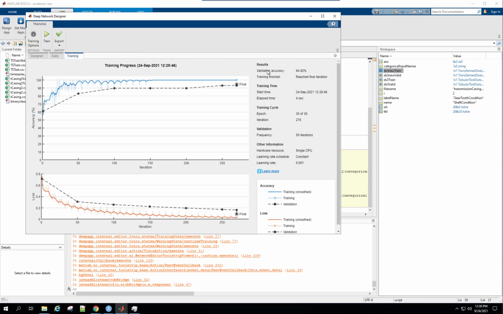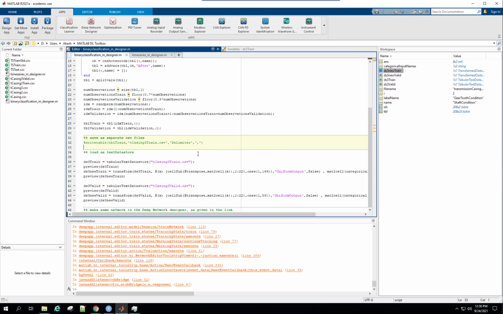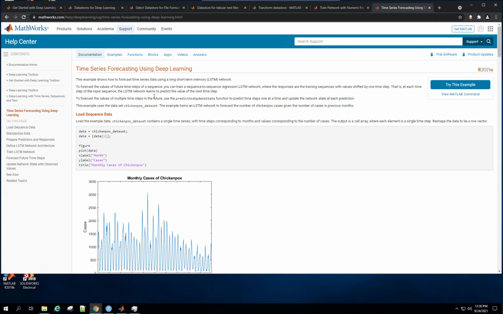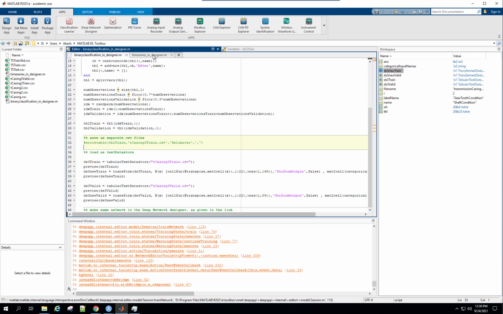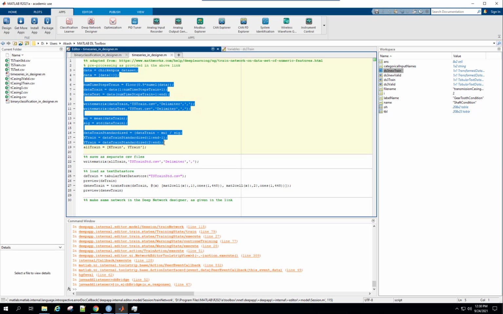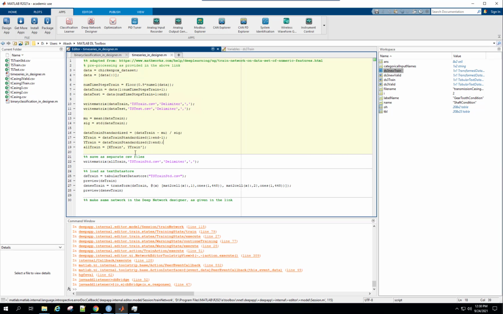So instead, what I will do is close the designer and talk quickly about the second problem on time series forecasting. I have written very similar code. This is again copy pasted from the tutorial, but here we just save all of our training data set, so no validation is associated with this tutorial. I'll save all the training data in the CSV file, and once again